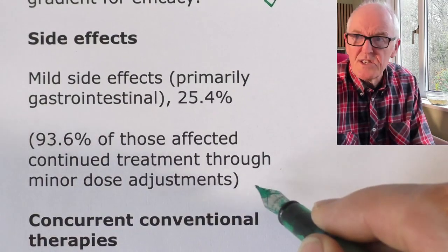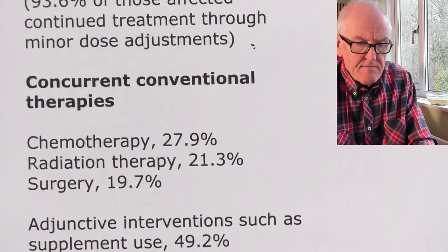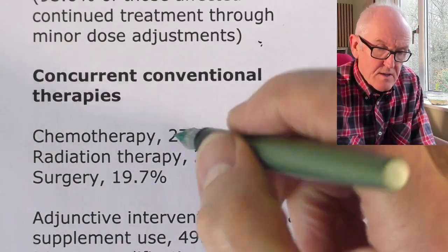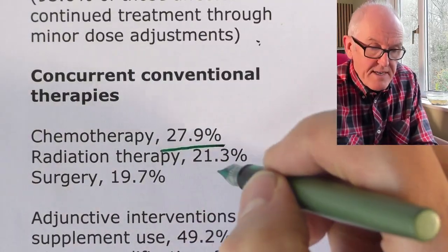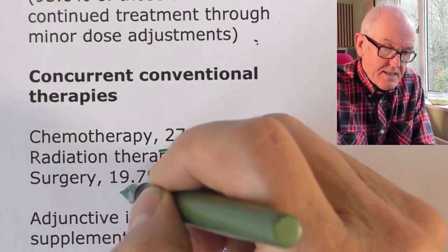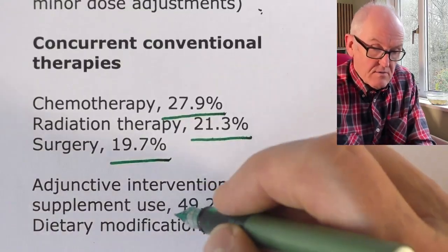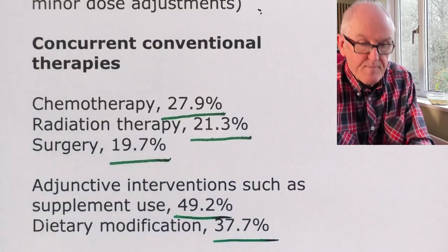Some adjusted the doses a bit, but basically very well tolerated. Concurrent conventional therapies. Now, what other therapies were these getting? Well, of the people taking the ivermectin and mebendazole, 27.9% were on chemotherapy as well. Radiotherapy, 21.3% were on radiotherapy as well. And 19.7% had surgery during the course of the 6 months as well. And as well as that, quite a lot were on dietary supplements, nearly half, and dietary modification, just over a